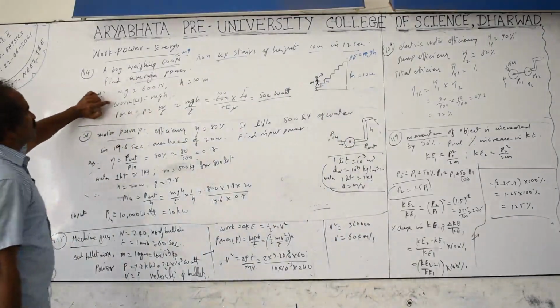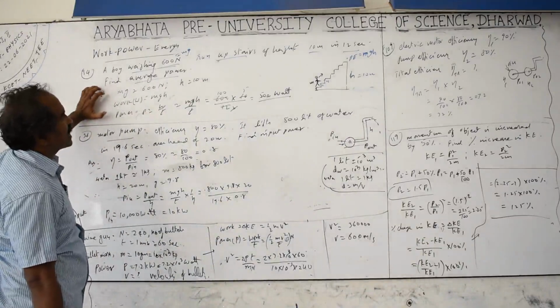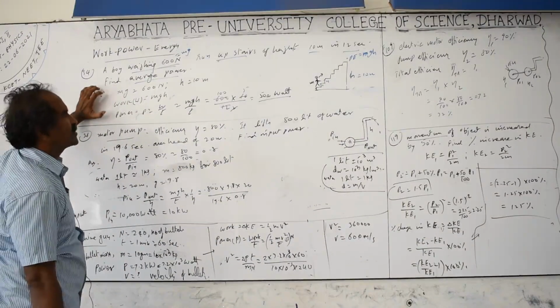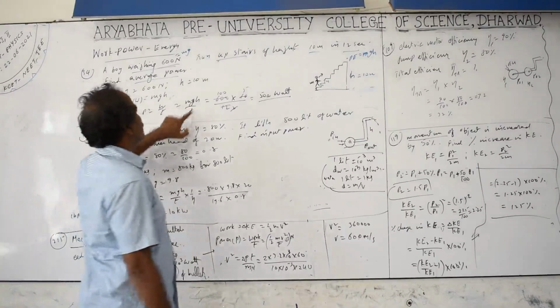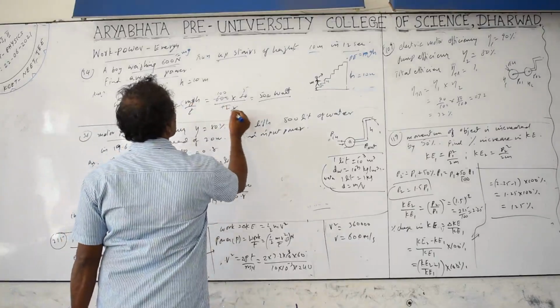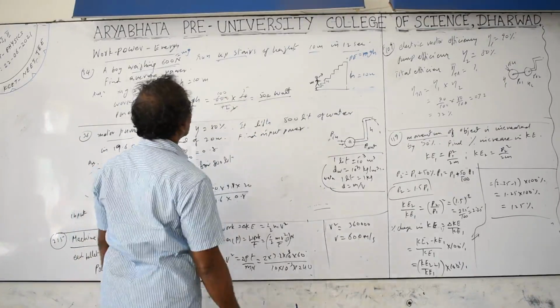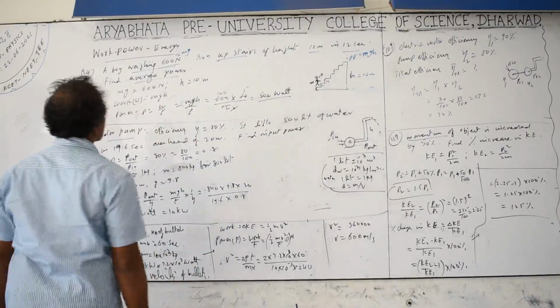Work done is equal to mgh here. Power is work by time, mgh by t. Time is directly given in seconds; sometimes they will give it in minutes, then convert into seconds. So mg is directly given, 600, into height 10 meters, by time 12 seconds. So 6 2s are 6, 1s are, you will get 500 watts